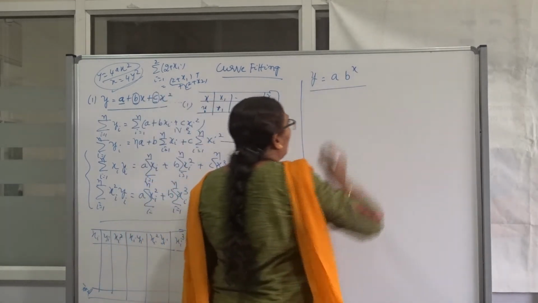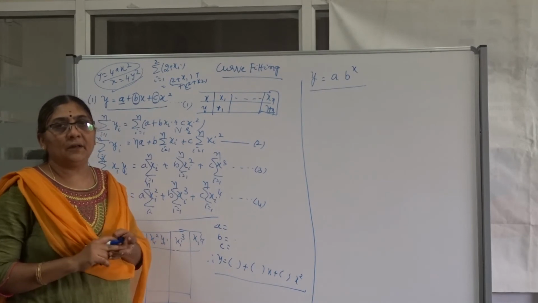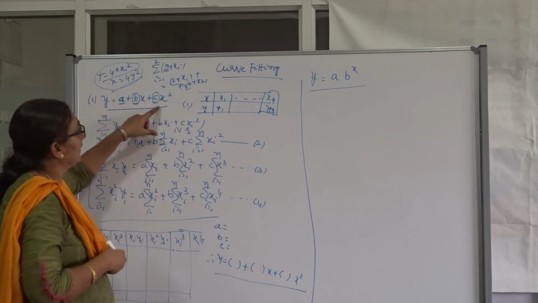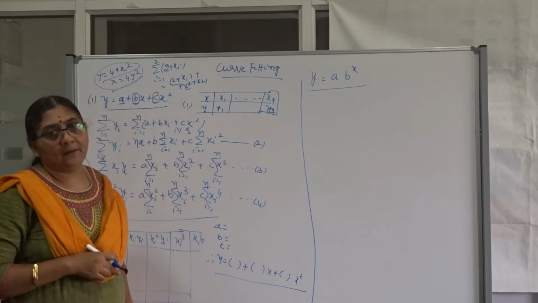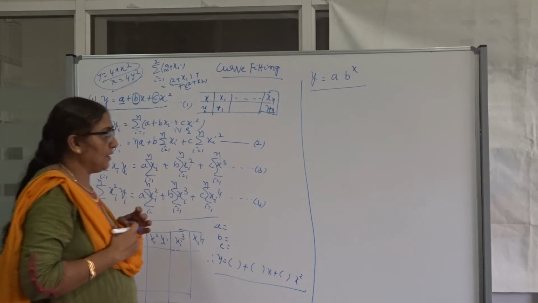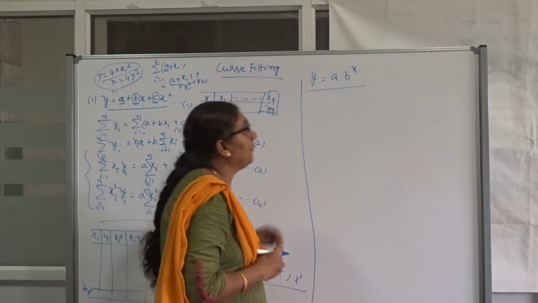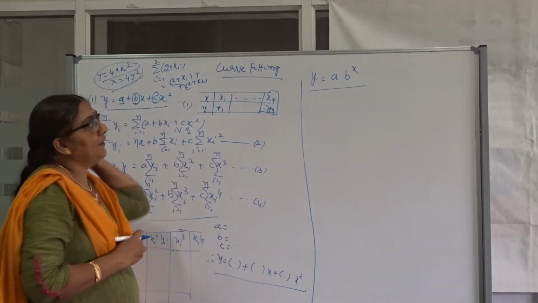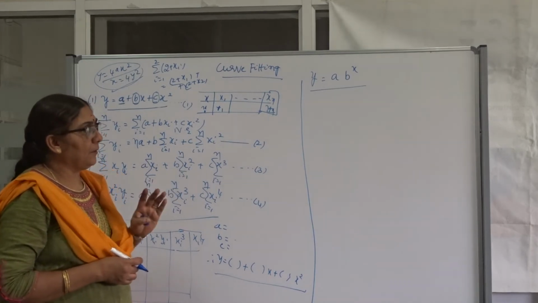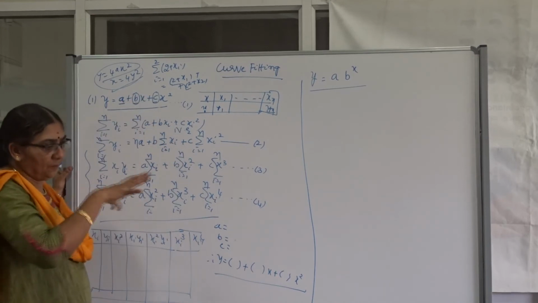Now, see, the first two cases are nothing but polynomials. It's a polynomial in x. This one is linear in x. This is a quadratic in x. But this is not a polynomial; x is in the power. Keep in mind, if you want to write a normal equation, always convert the given curve into the form of a polynomial, and then you write the corresponding normal equation. You can't otherwise. That's one point you have to remember. The straight line and the parabola are fine, as they are all in the form of polynomials.